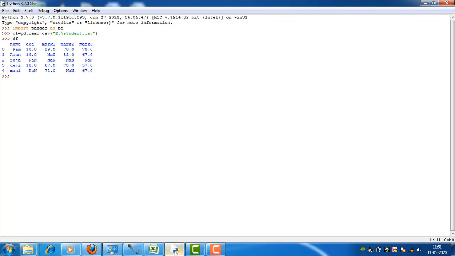You can see that some of the fields have no values. We will see how to process this kind of data in pandas with three methods called fillna, dropna and interpolate.